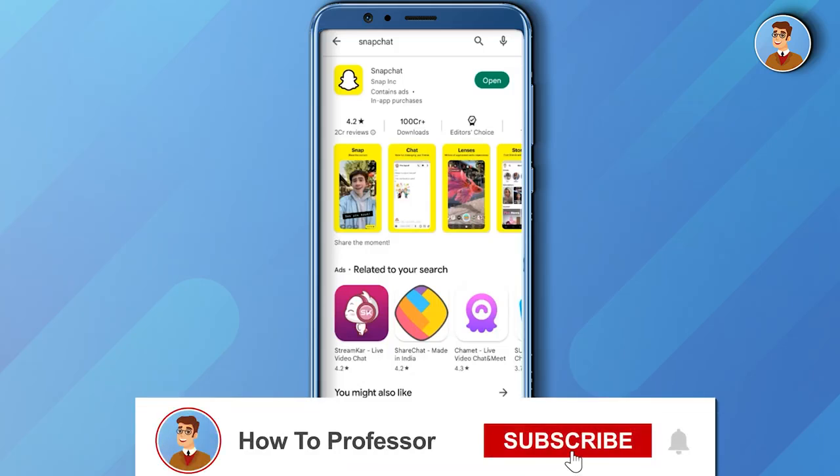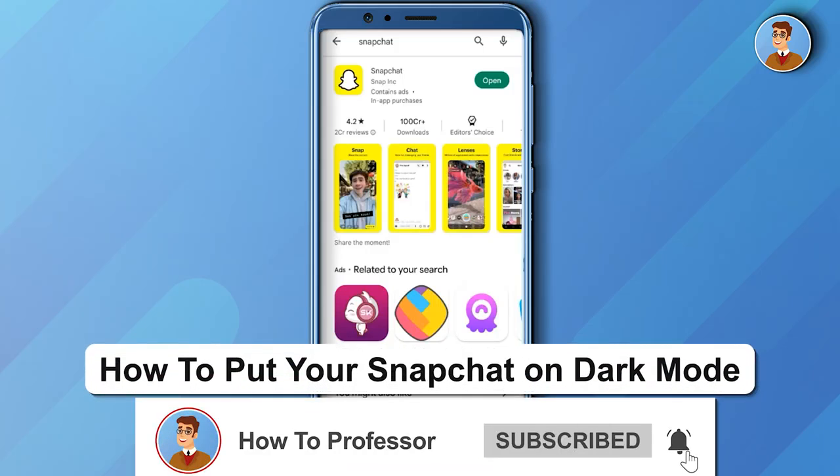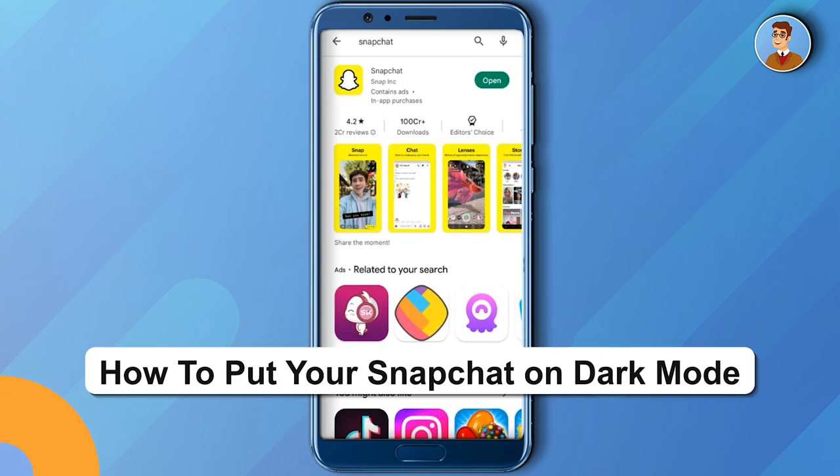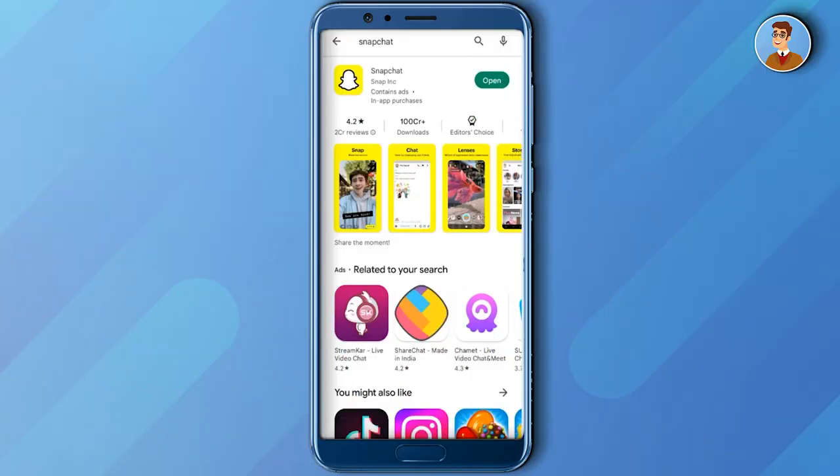Hello guys and welcome back to my channel, and today I'm going to show you how you can enable dark mode in Snapchat. So firstly open up your Snapchat,